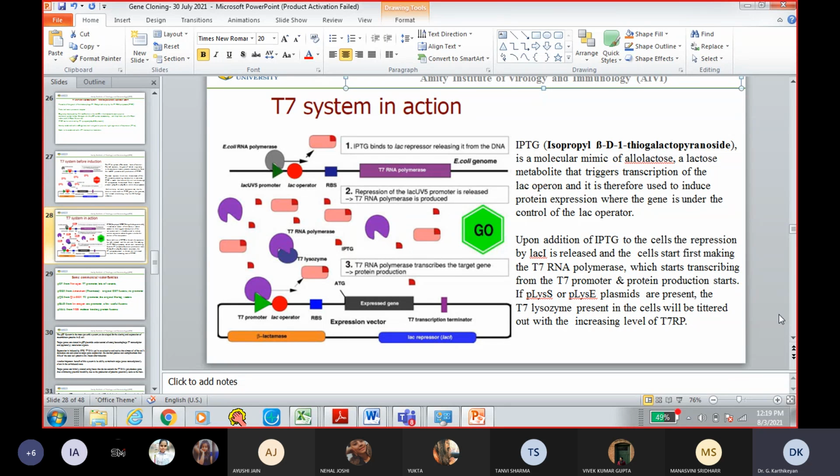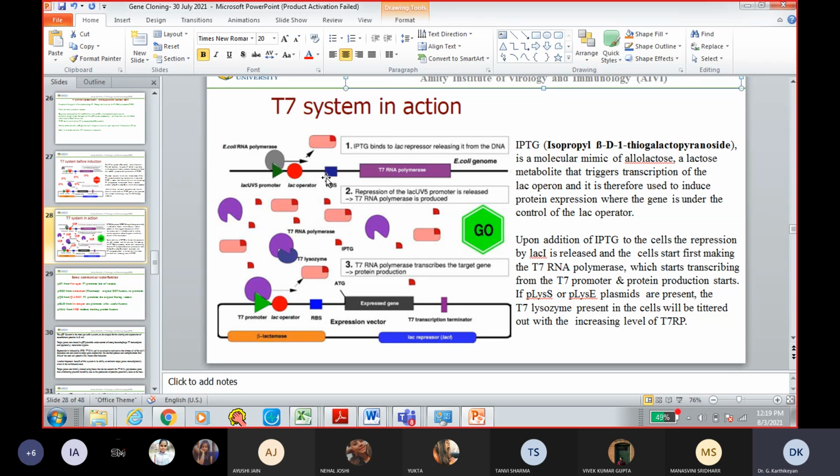Okay, so typically strains like DH5 alpha, XL1 blue, JM101 are used for cloning purposes. When it comes to expression, depending on the expression system that you choose, different kinds of strains are available. This pET system, for example, generally uses a strain of E. coli called BL21 DE3. We'll come back and look at that later. So as we said yesterday, this strain of E. coli, which is called BL21 DE3, carries